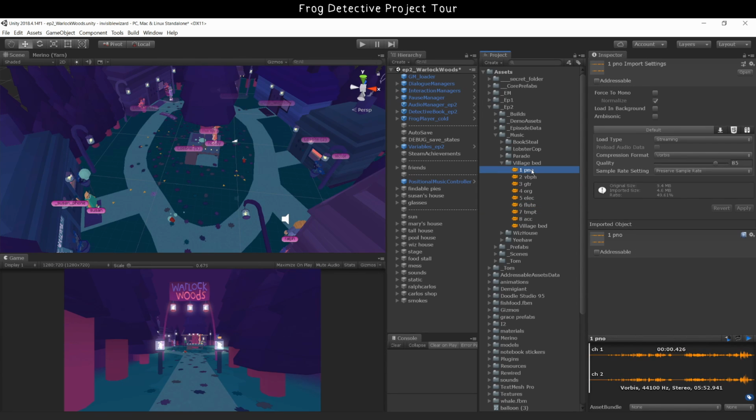But in the launched game, the import settings were set to decompress on load. And Nutty will go for a walk soon. You have to be patient. Anyway, yeah, in the launched game, all these audio tracks for the Warlock Woods were set to decompress on load, and these are